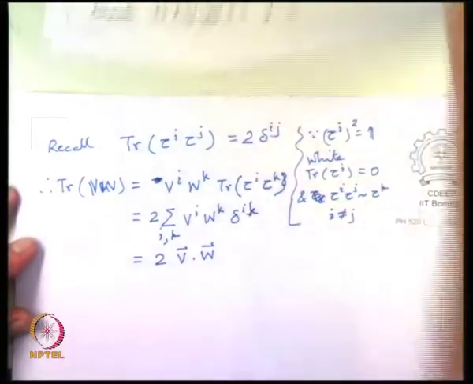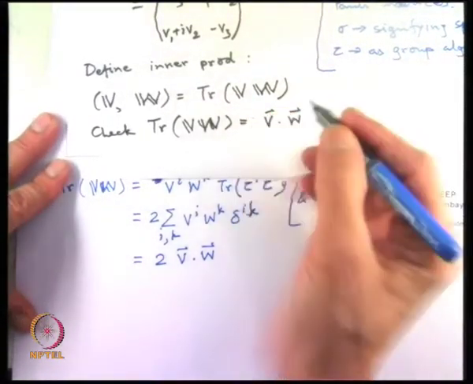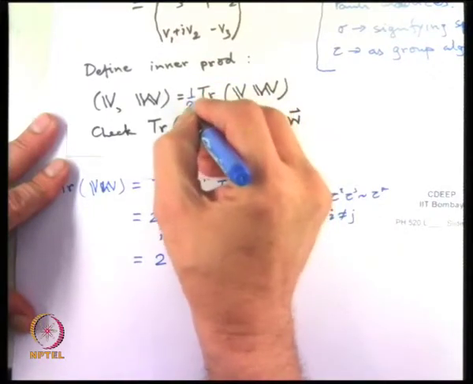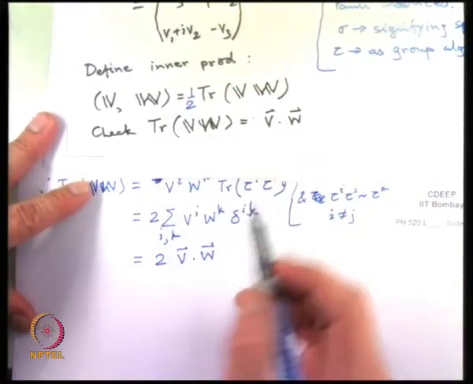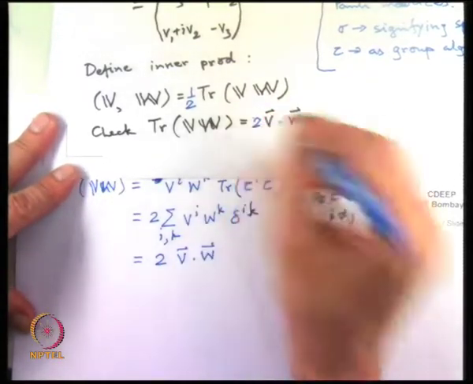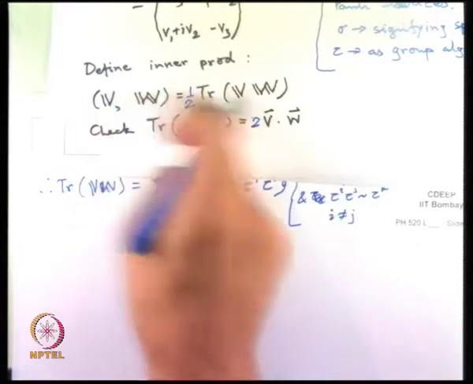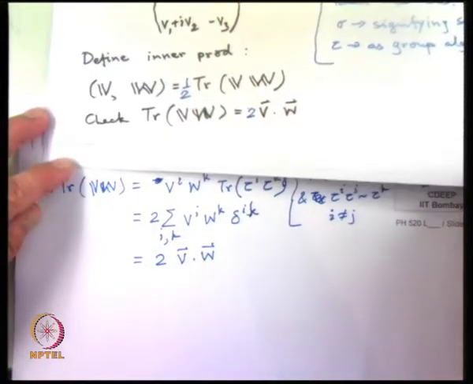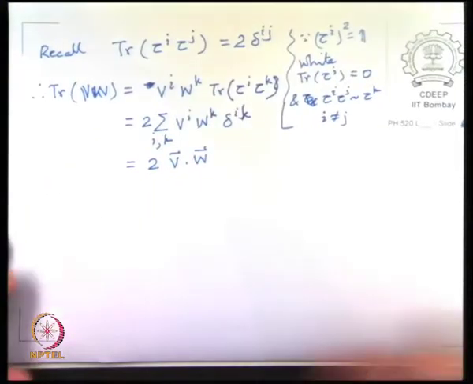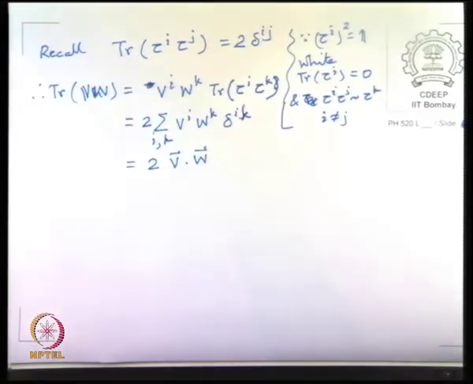So I have to supply a factor 2, or you can define it as half. So we don't have to worry. We check that this trace is of course twice, so you define the inner product to be half of that, so that it is exactly the same inner product. Right. So what is going on? From the 3D language, 3-dimensional rows and columns, we switch to 2 by 2 complex matrices, but we are recovering the same geometrical or mathematical properties of this V and W.